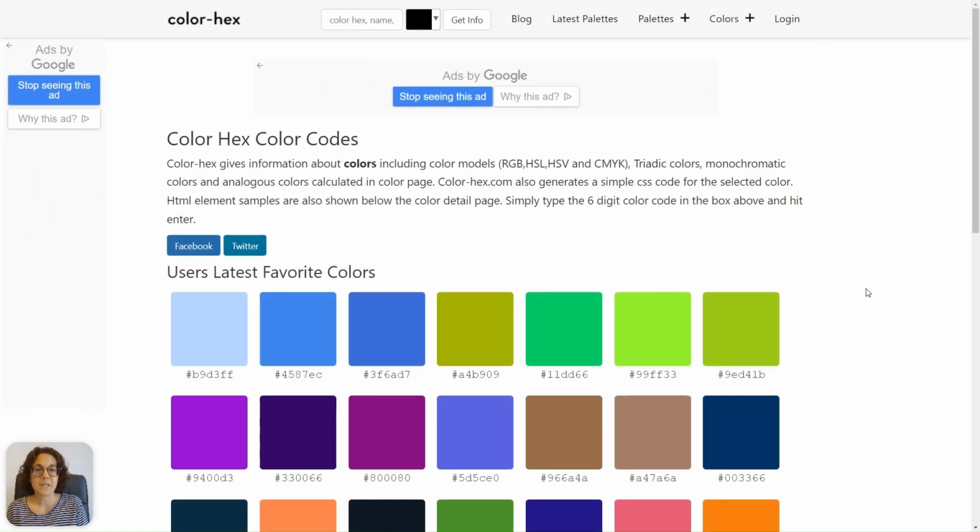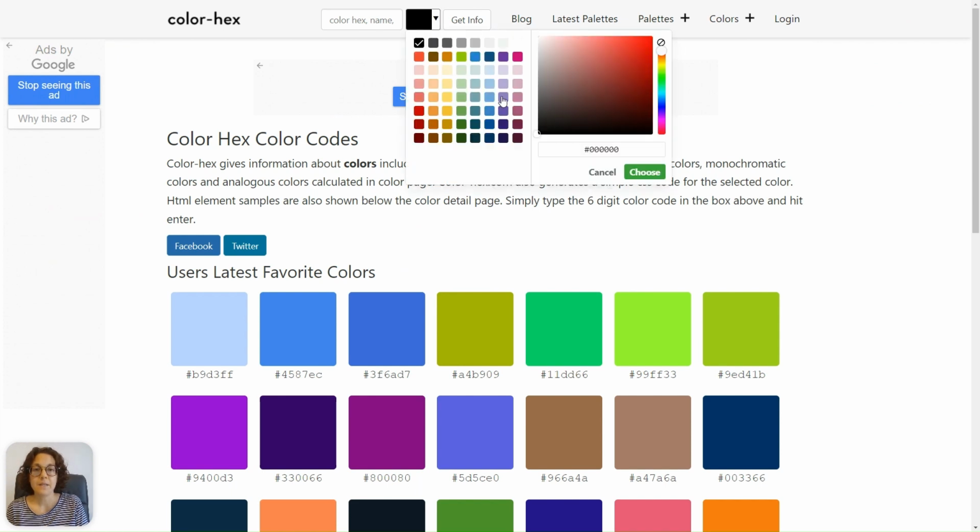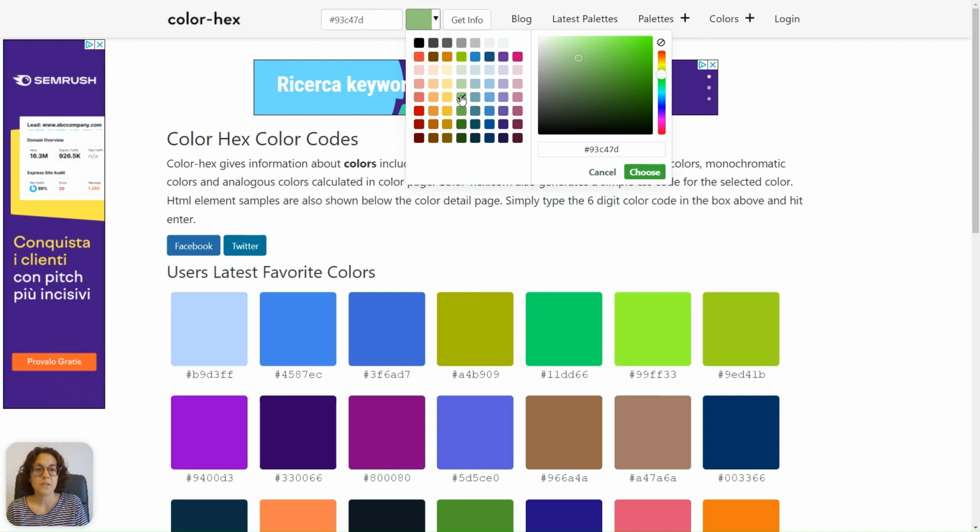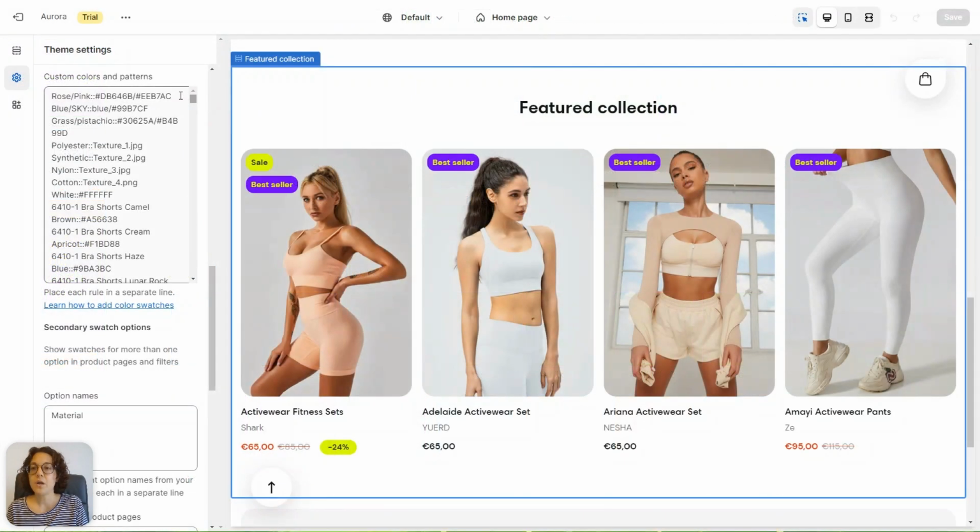This is what the website looks like. If you click here, you'll see a color palette and you'll be able to select the color that you want and see the hex code here. Compound colors need to be separated by a slash, as you can see here, both the name of the color